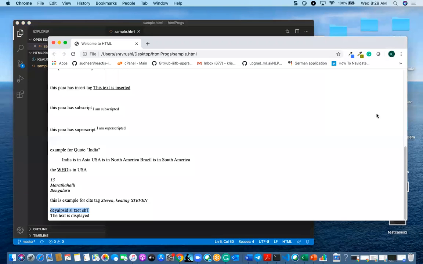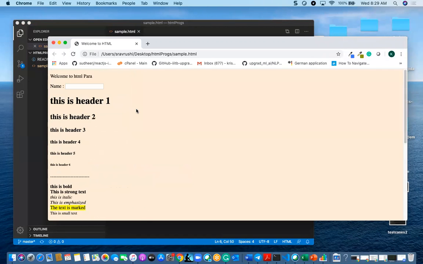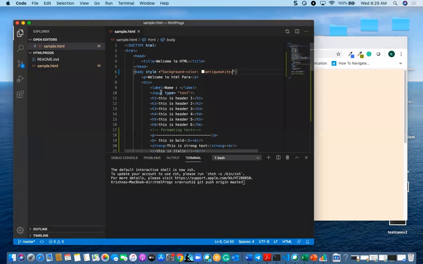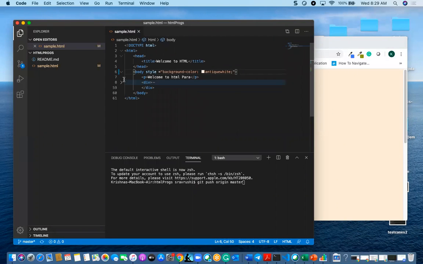Can you find this as the background of the total body? Everything belongs to the body, even this welcome para.